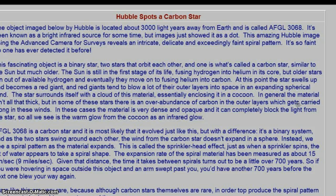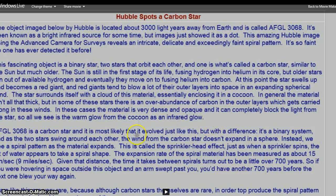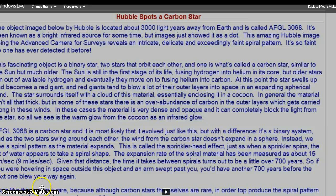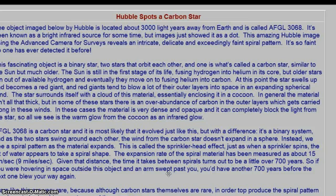Now this one is talking about the spirals around it. Here's my favorite sentence. It's going to use the word rare 3 times in a single statement. Stars like this are very rare because although carbon stars themselves are rare, in order to produce the spiral pattern, they have to be in a binary system, and they are more rare. Okay, don't ask me what that was all about, but